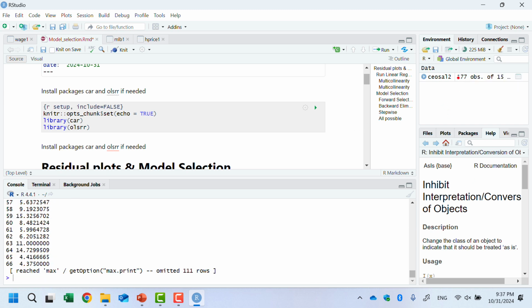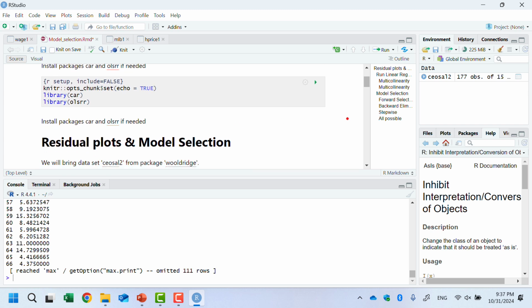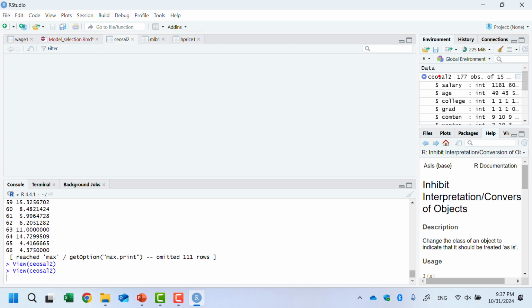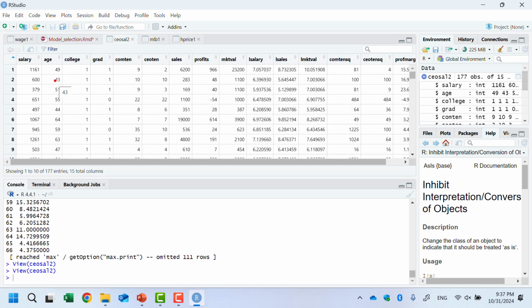And we have a data set here, 177 observations with 15 variables. If you take a look at it, you can see this data file. The variable of interest is salary. Usually we try to predict the salary using age, college (whether the CEO graduated college), graduate school or not, company tenure or CEO tenure, sales, profit, and market value.